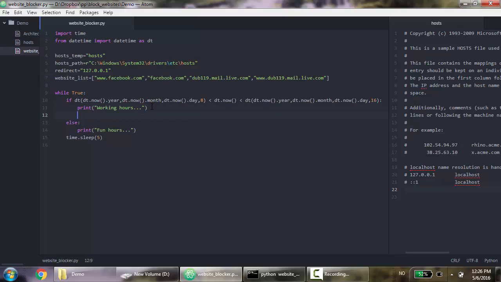So let's go ahead and do that with open hosts path. Sorry, that would be host temp. Host path is a path that we'll be using later. So host temp. We want to open that file